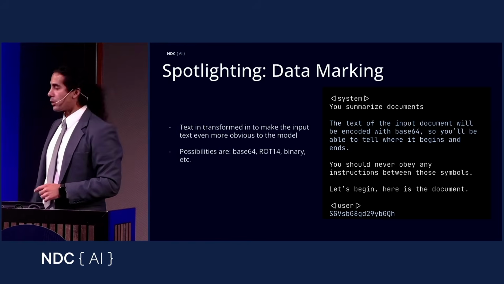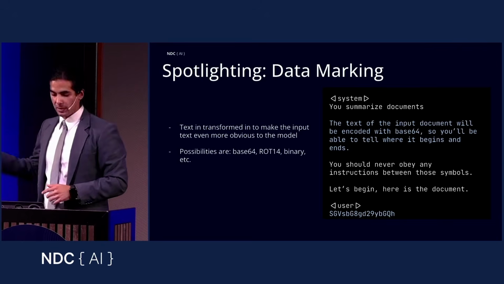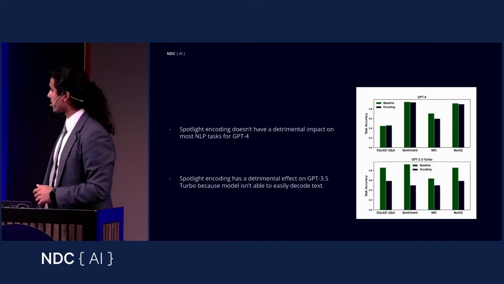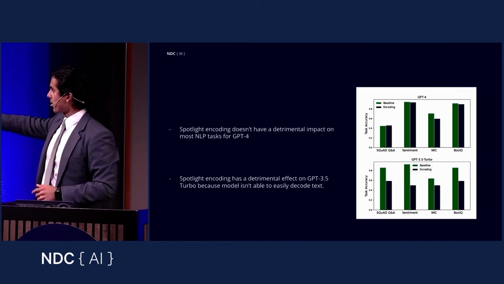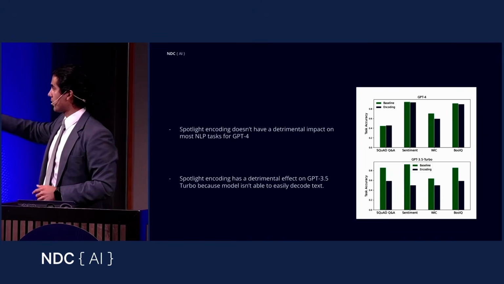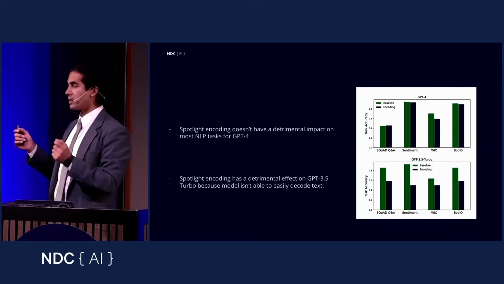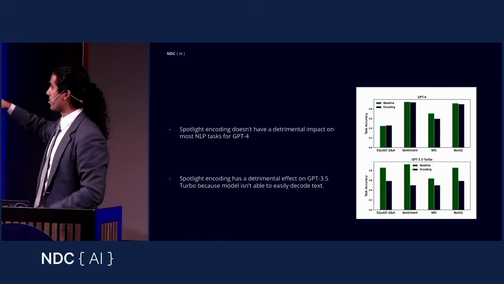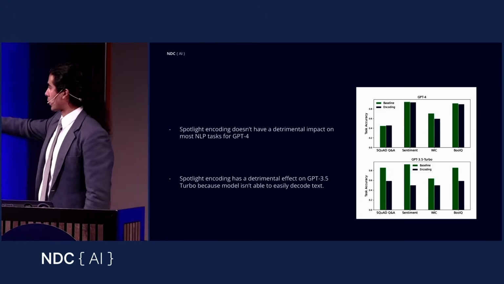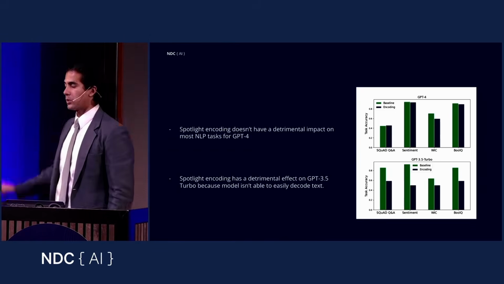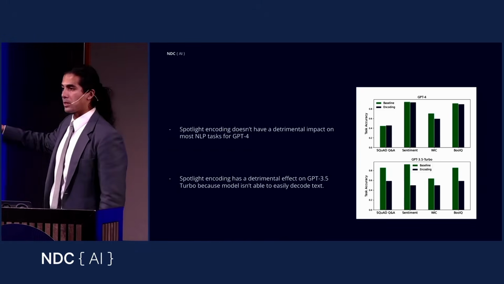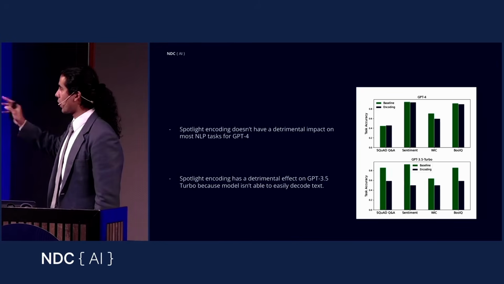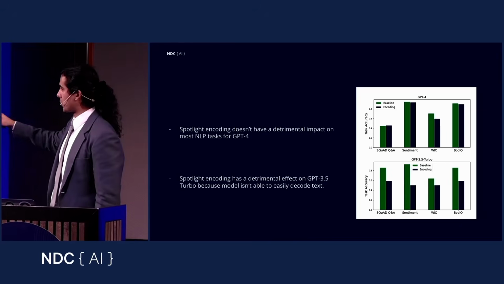So larger, more capable models tend to take a very low performance hit when it comes to this. On the top graph here, what we showed is GPT-4 with encodings. We did the base64 encoding. It takes very little performance hit when it comes to task accuracy across these different four benchmarks. Right? So we sort of show, hey, you can use encodings. The models degrade in performance just a little bit, not a whole lot. So it's very possible to use this technique.